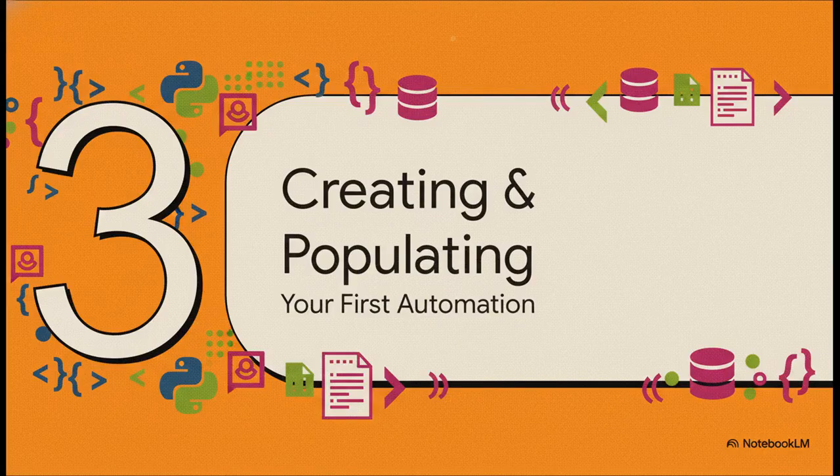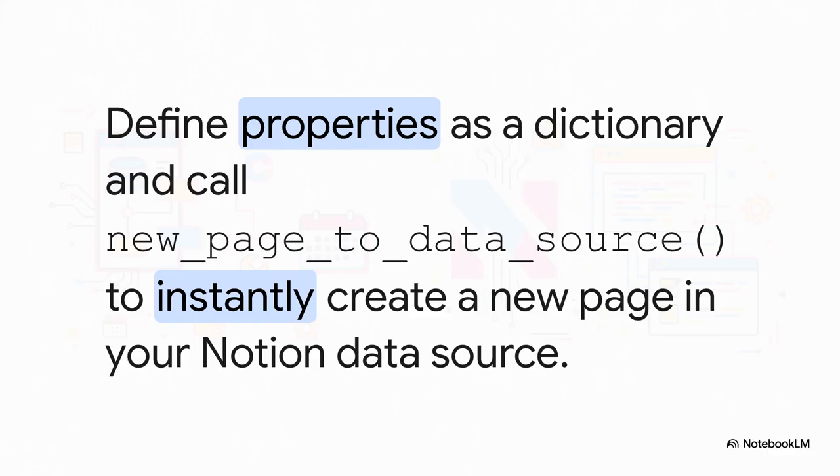Okay, setup is done. Now for the fun part. Let's actually do something. Let's create a brand new page in a Notion database, all from our Python script. Just look at how clean this code is. You literally just create a Python dictionary to define all the properties for your new page, the task name, the status, maybe a due date. Then you call one method, new page to data source. You give it the ID of your database table, pass in your properties dictionary, and poof,